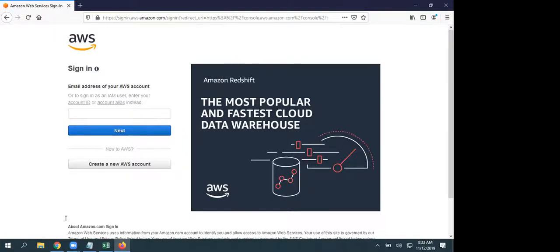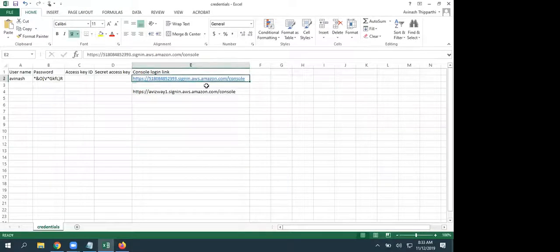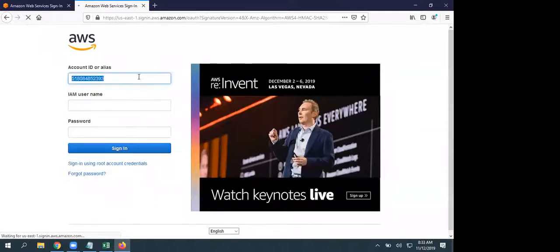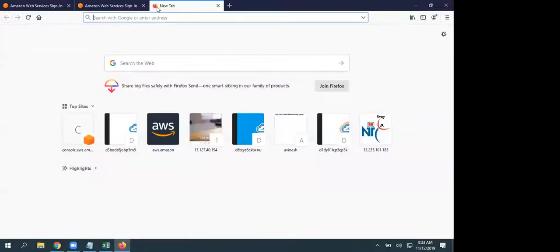Okay, or else you can simply bookmark this. When you click on that, it is going to load that login page automatically, and it will ask you to enter username and password. Here is a page. This is filled automatically. Here is a username and here is a password. Or if you are giving this, nothing changes. Instead of this number, you are going to get an alias name. Nothing changes.